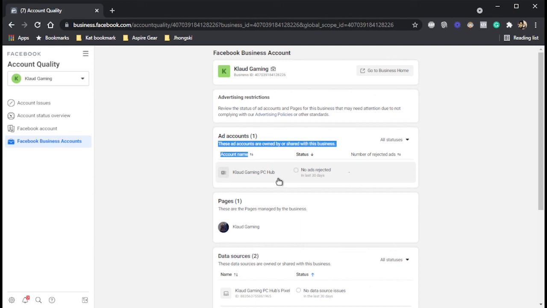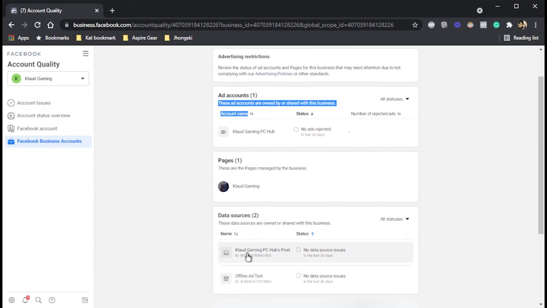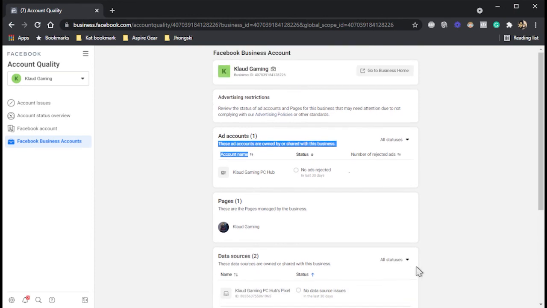We have the page, which is cloud gaming, and the pixels, the offline ad test. This account is pretty much active. It does not have any restrictions because it follows Facebook's guidelines and policies.